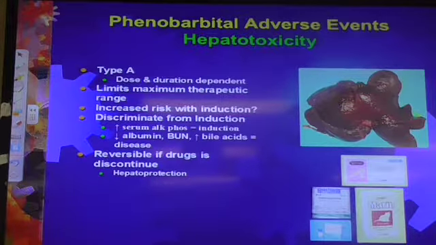So the decrease in BUN is because, remember, the liver makes BUN. It goes up with renal disease because the kidney can't get rid of it, but the liver has to make it, and so it will go down with liver disease. Does that make sense? She didn't answer my albumin question.